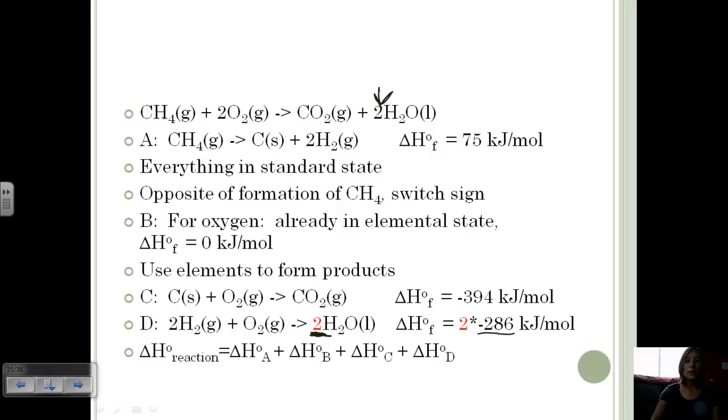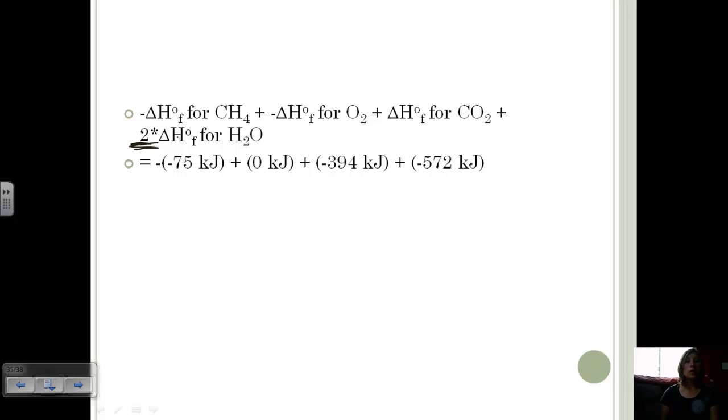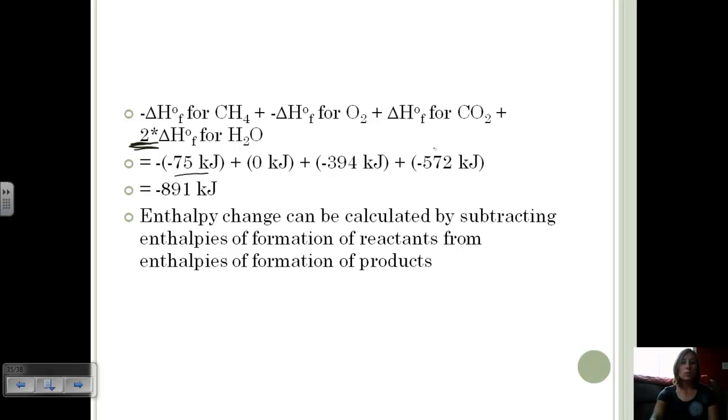Okay, so we made our methane negative. Remember, we had to switch the sign. And so we have a negative heat of formation for methane, a negative heat of formation for O2, positive for CO2 and water, because those are our products. And if you notice, we're also multiplying the water by 2. So here we have a negative times negative 75 plus 0 plus negative 394 plus negative 572, giving us negative 891 kilojoules. So we're going to subtract the enthalpies of formation of the reactants from the enthalpies of formation of